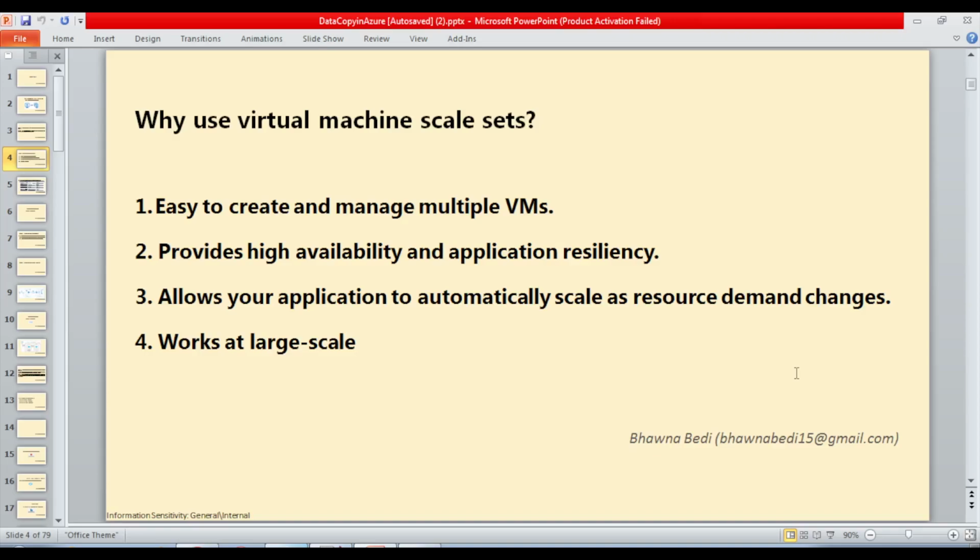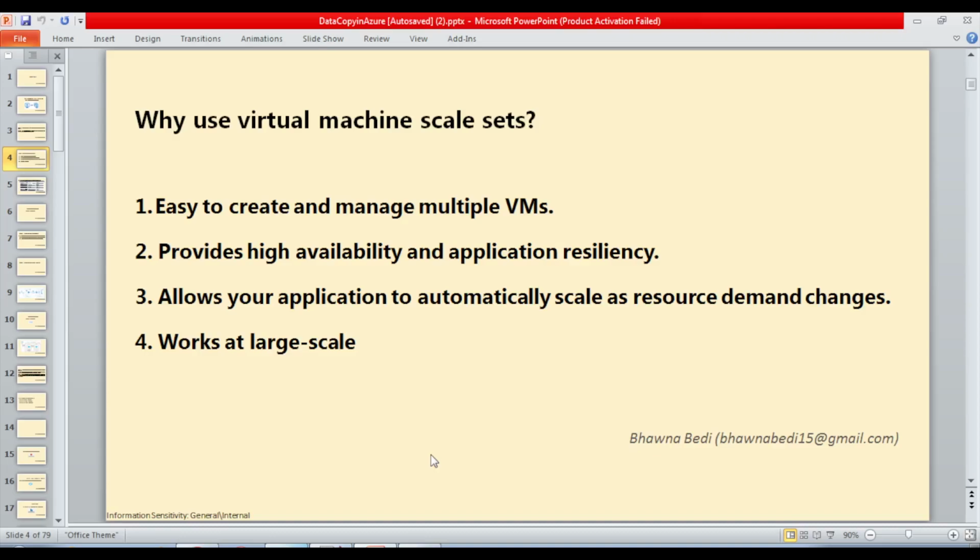At the same time, if you wonder what might happen if one virtual machine breaks down, if one node breaks down, in that case you have an application health manager which will tell you which node has broken down, and Azure will automatically assign a new node for you. So it is highly resilient. If you want to locate your virtual machine in a specific availability zone, you also have an option to do that.